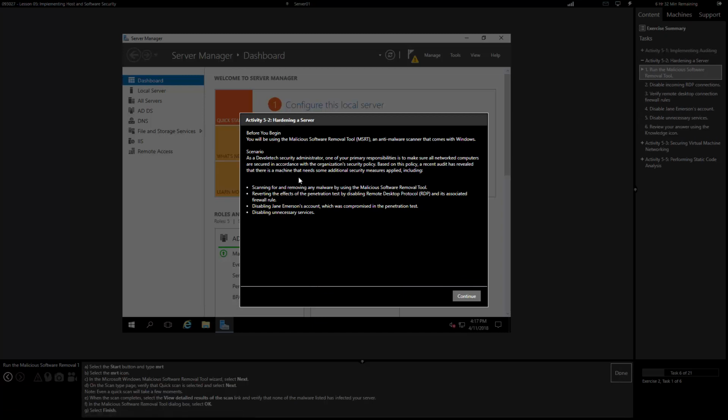Done. Here we're gonna work with hardening a server. So we will be using the Malicious Software Removal Tool, MSRT, an anti-malware scanner that comes with Windows. In this scenario, we are a Developtech security administrator. One of our primary responsibilities is to make sure all networked computers are secured in accordance with the organization's security policy. Based on this policy, a recent audit has revealed that there is a machine that needs some additional security measures